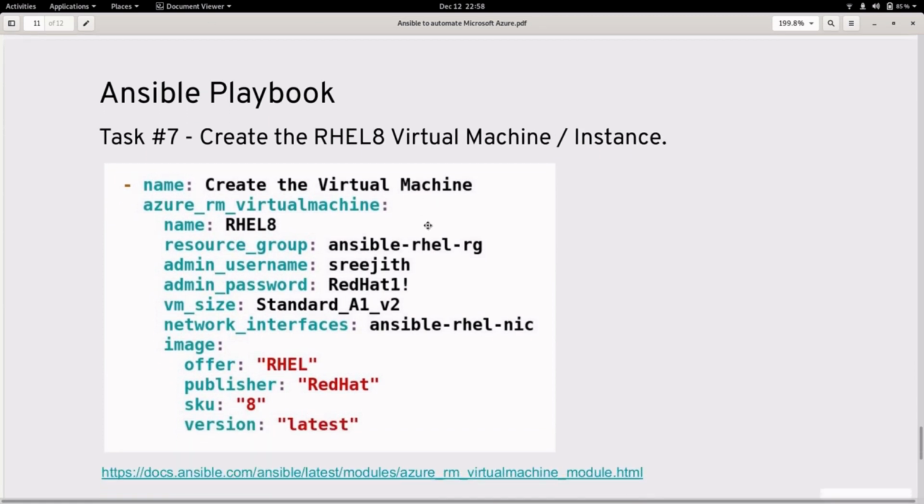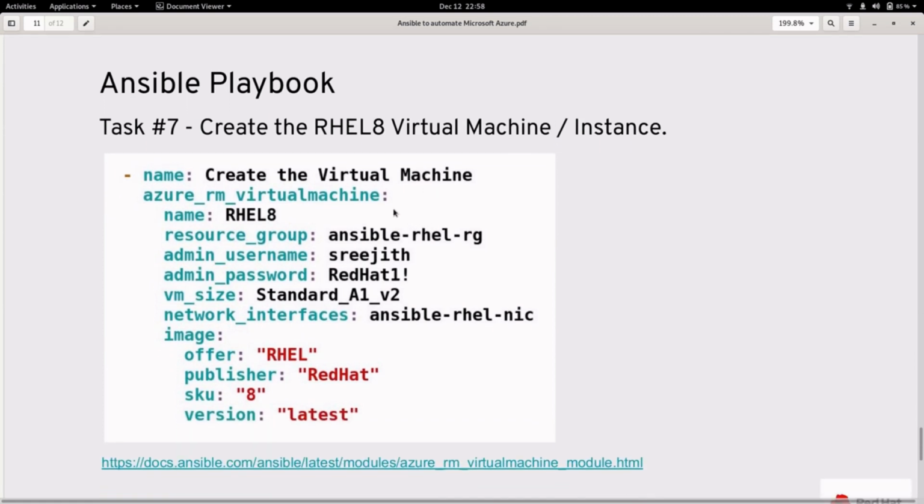And in the final task, we will create the Azure virtual machine. And in this demo, I actually use Red Hat Enterprise Linux 8, which is a certified image provided by Red Hat to provision RHEL 8 in Microsoft Azure.